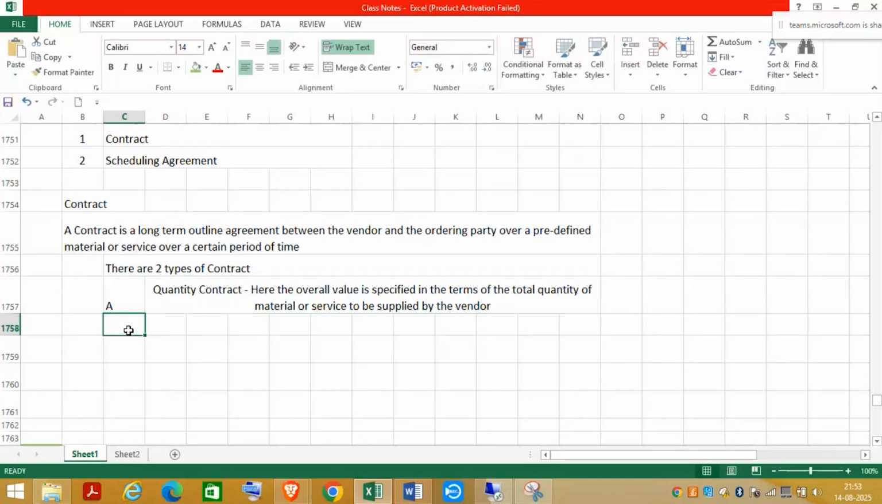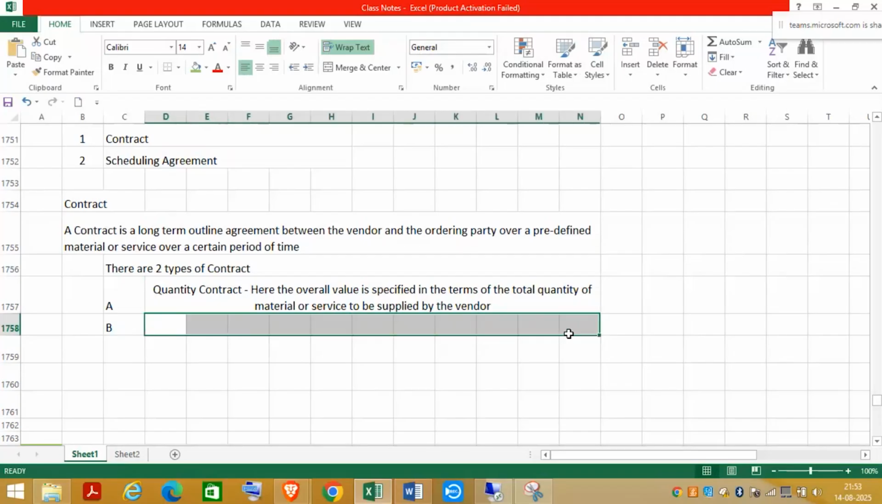Now let us go to the next one, the B. What is the next one? Next one is value contract. So what happens in value contract? In this type of contract,